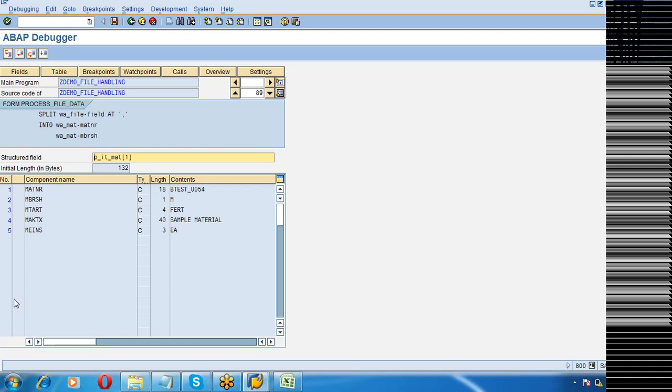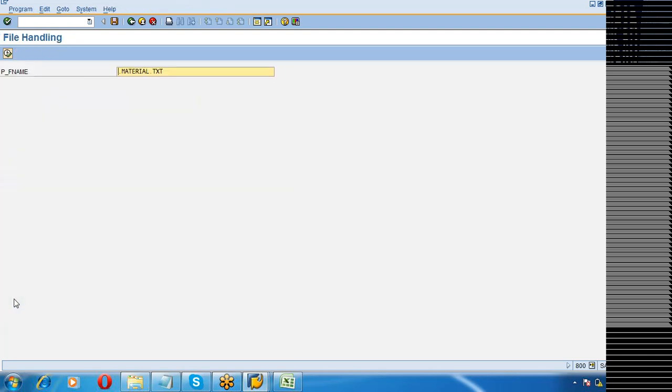You are trying to read the contents of the file and bring it into the ABAP program. That is what you are primarily doing. Once the content of the file has reached the ABAP program, then the second stage of the data load programming comes in. Whenever you talk of data migration programs, conversions, interfaces which have a file, the first task is to get the file into the program. Once the file has come into the program, then the next task is to load, post this data into SAP.